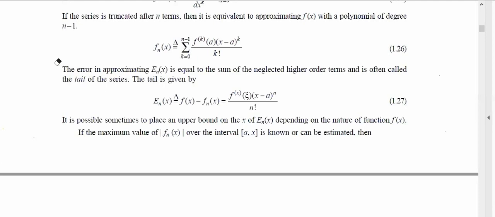Now we are going to define the error. How are we going to define the error? The error in approximation E_n(x) is, this book has